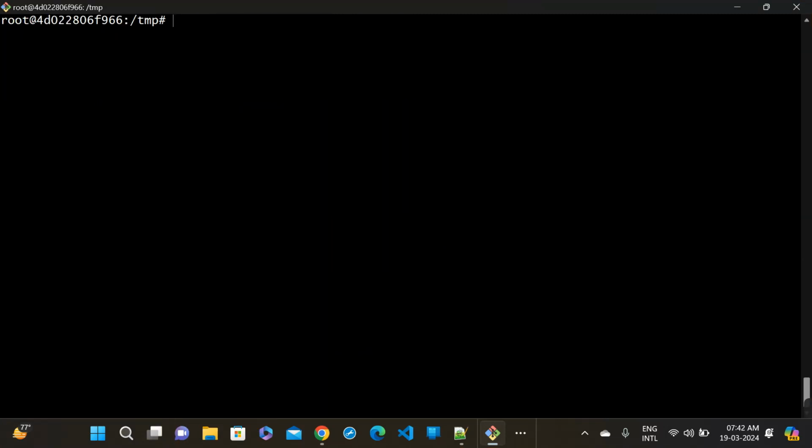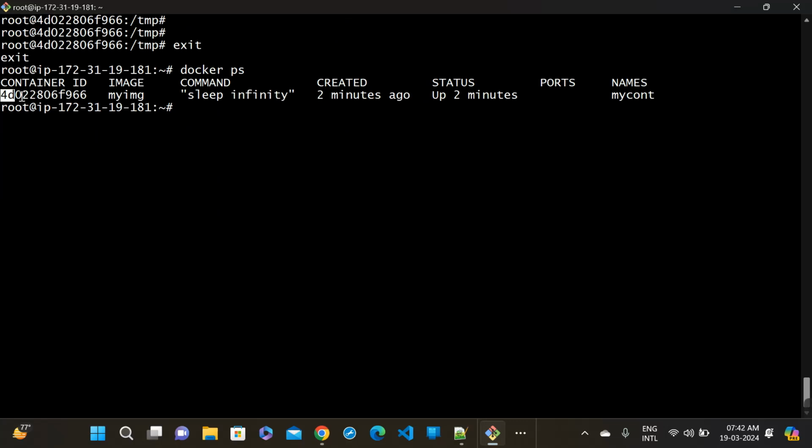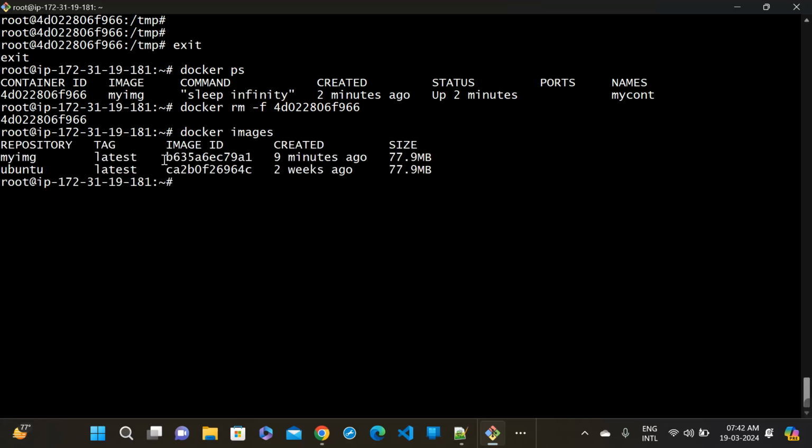Now, sudo docker rm to remove the container, and also remove the image. Run docker images, copy the image id,